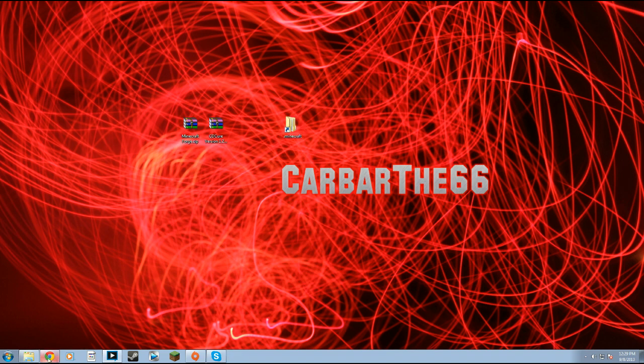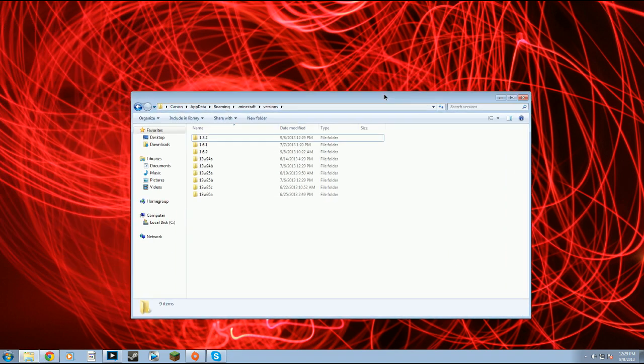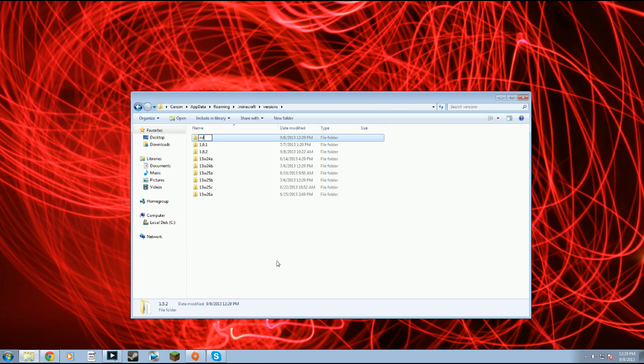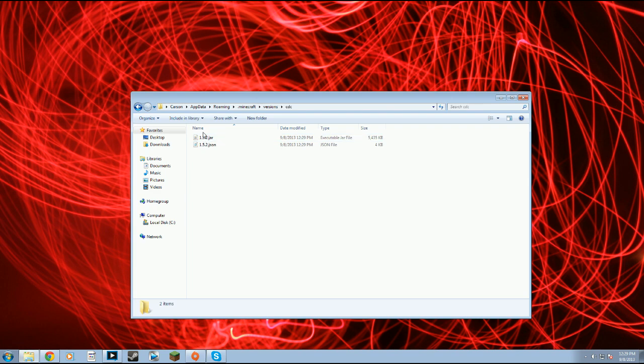Go back into your .minecraft folder. It's over here, and you should see 1.5.2. So you're gonna go ahead and rename this folder CDC, okay? Then you're gonna go into CDC, and you're going to rename this CDC. Alright, and then you're gonna go into